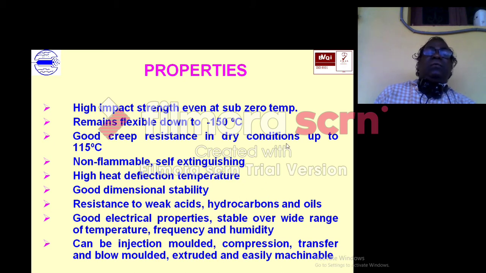The material will be flexible even down to minus 150 degrees centigrade, with good creep resistance in dry conditions. Non-flammability and self-extinguishing. So these are the main properties of polycarbonate. And it is resistant to acid, with excellent electrical properties, and can be injection molded. Whatever the processing, like injection, compression, transfer, extrusion, we can do in the polycarbonate material.